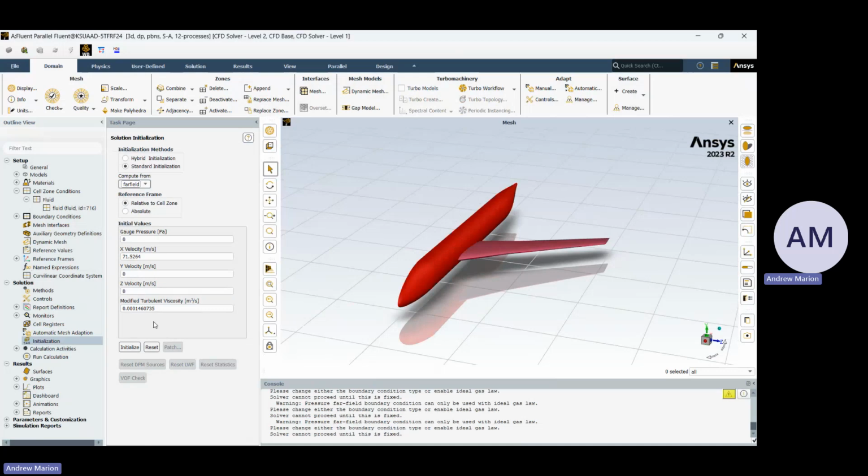So this is initializing the solution. It also gives you a chance to see if there's something wrong before you start running the full calculation and spend a long time running that, and then see there's a problem. And it also gets the solution started, so it makes it run faster at the end. So we'll click initialize, and you see in the console,